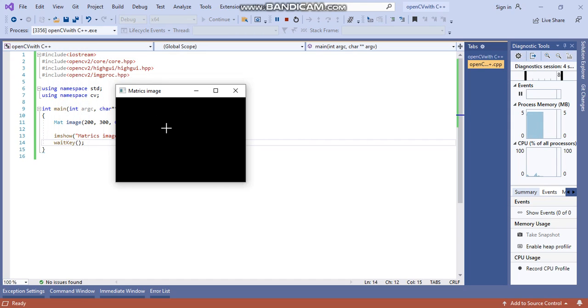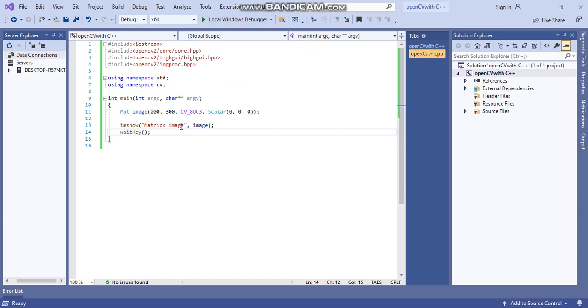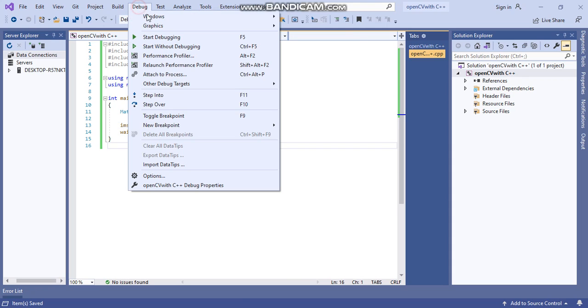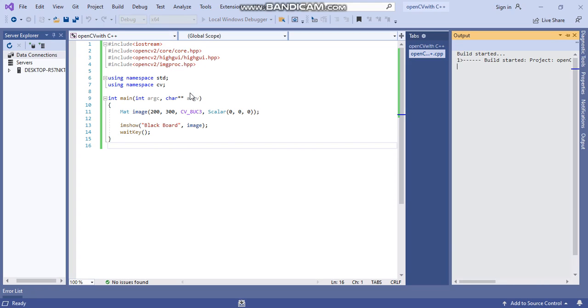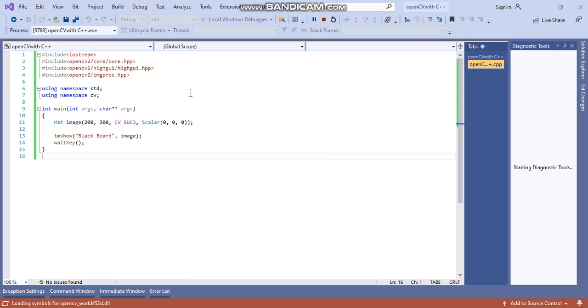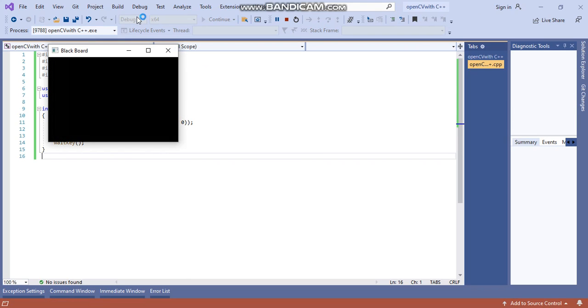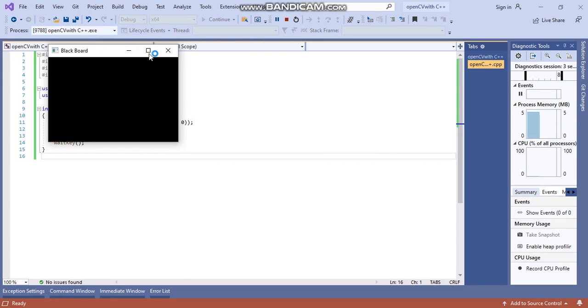If you want to call it blackboard, better you write it, we made an image blackboard, blackboard, Control S, and then run once again. You can see blackboard is ready. Okay, blackboard is ready to draw the straight line.